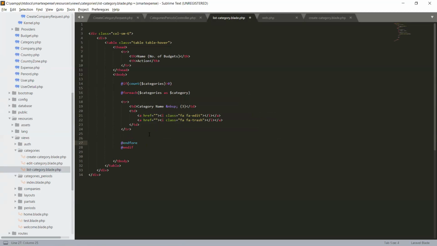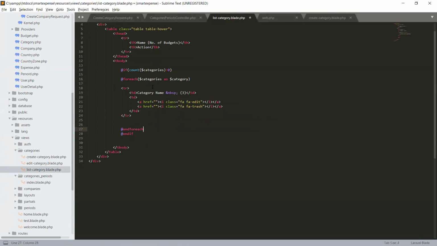In the name column, these are dummy data, so let's use the Blade syntax with category, and in a category we have a name field. This categories variable is an array of objects, and this object will reference the name field on our category table.